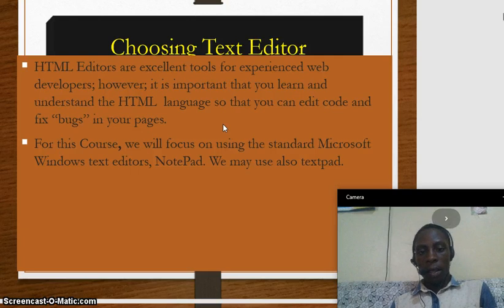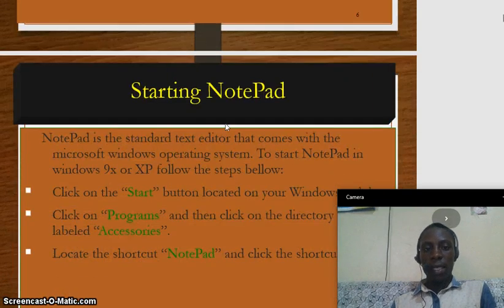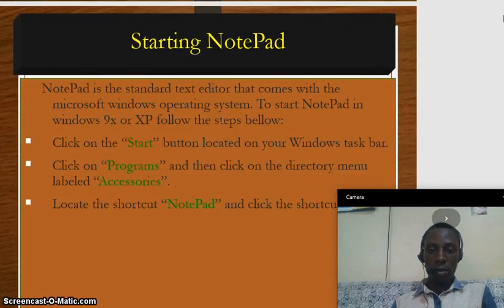Okay, so starting Notepad or a text editor. Remember we are talking about the normal Notepad. Notepad is the standard text editor that comes with the Microsoft Windows operating system.